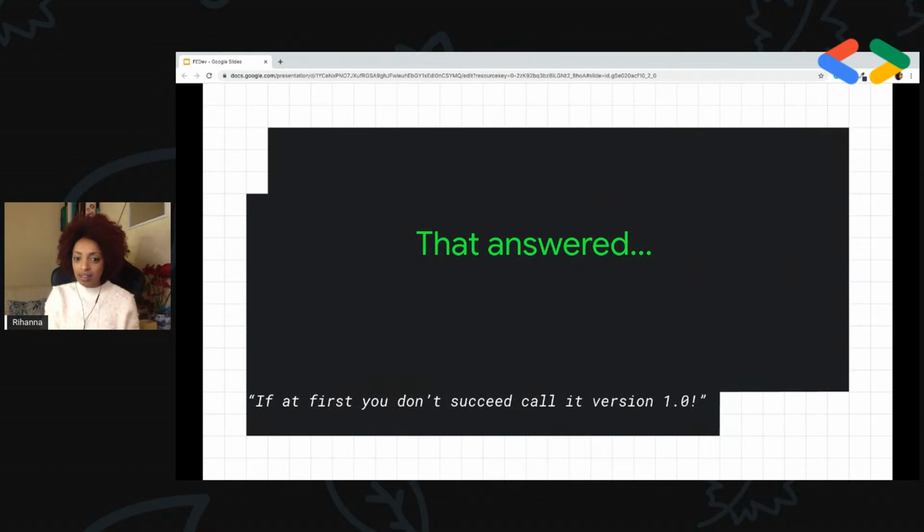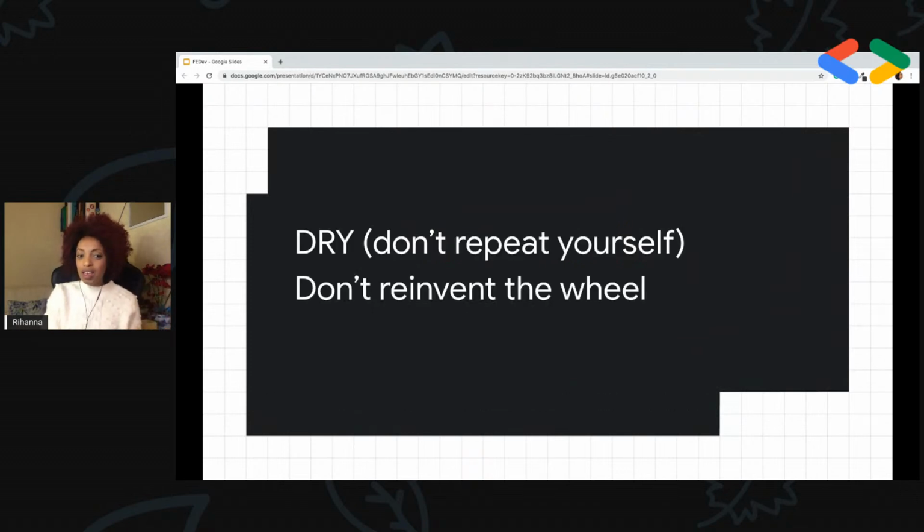And that answered, the next step is to know some principles when developing. So we made our first project in vanilla JavaScript. We made our very first project without even using JavaScript, just in HTML and CSS. Then we made another project, and another, and so on.